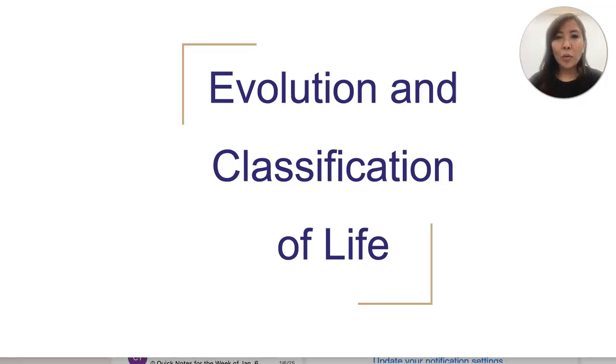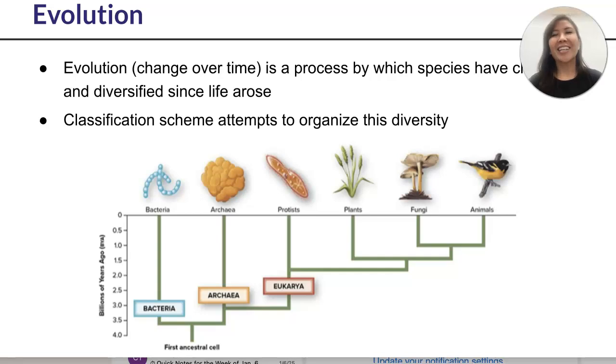Okay, so we're continuing chapter 1 and moving on to evolution and classification of life. Evolution has to do with change over time, right? As species are adapting to their environment and trying to figure out how they can survive, they slowly change and diversify. And we'll see that a little bit in the example. Remember, previously we talked about how some hawks can search for fish, while other ones can do rabbits. Depending on its environment, it might have adapted a certain way. So this is what we mean by evolution.